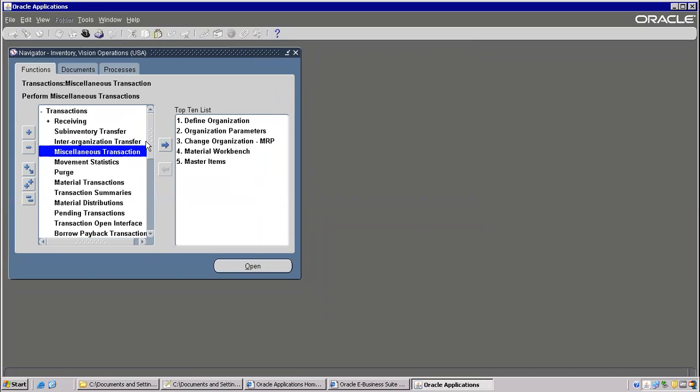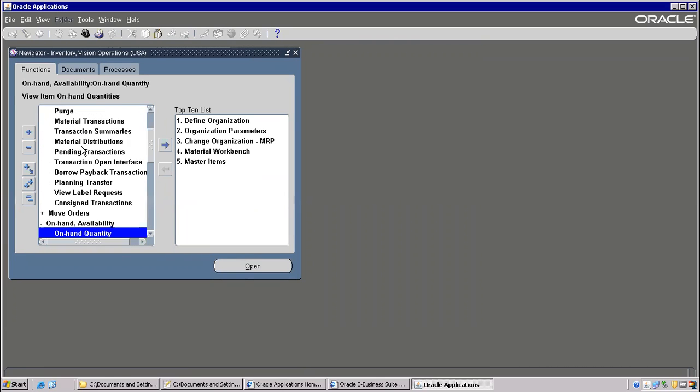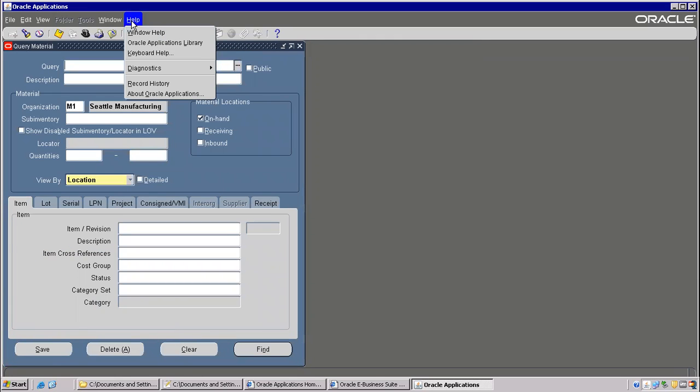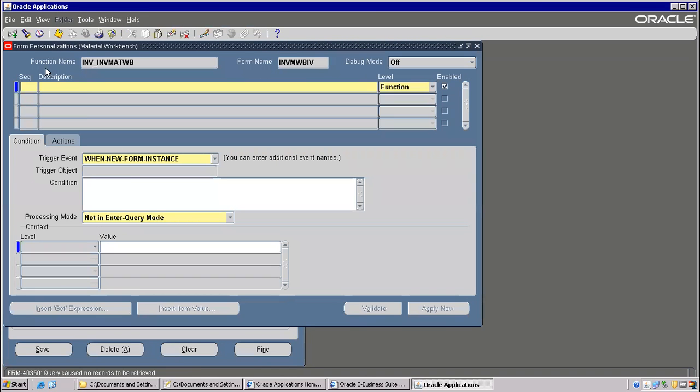You need to know what is the function name for your target form. So how to know the function name? You can go to on hand availability, on hand quantity, go to diagnostics. This is the function name. Okay. So first thing is